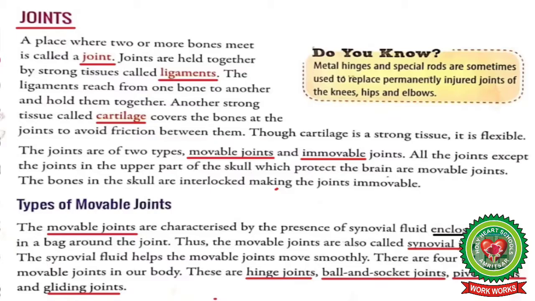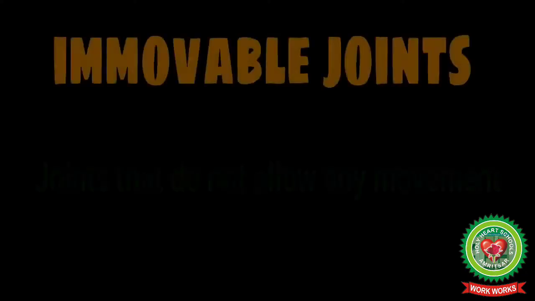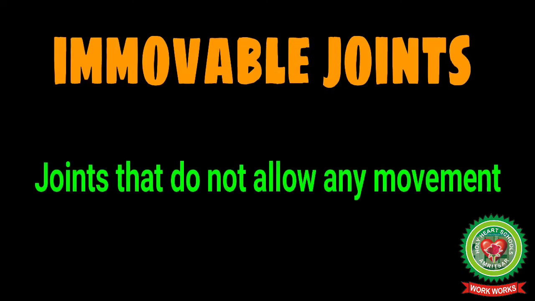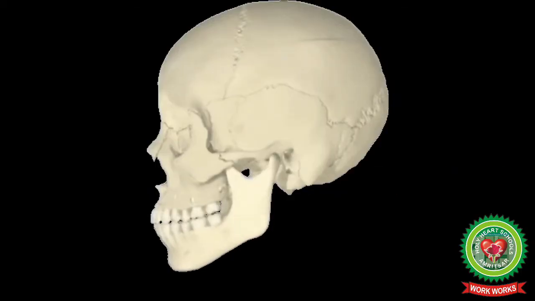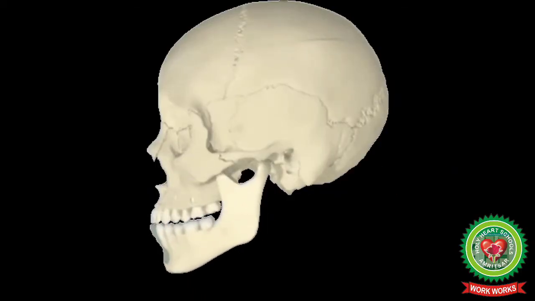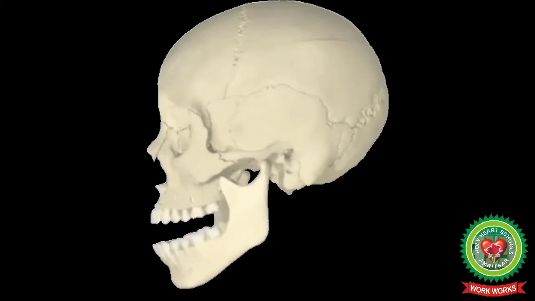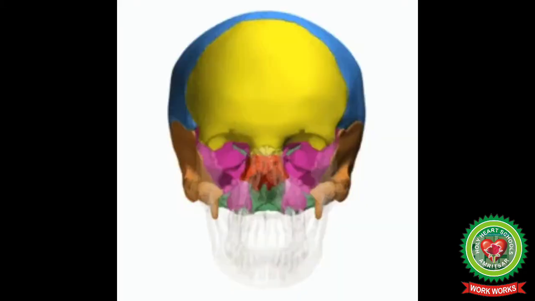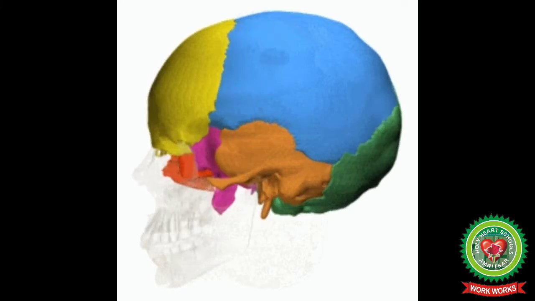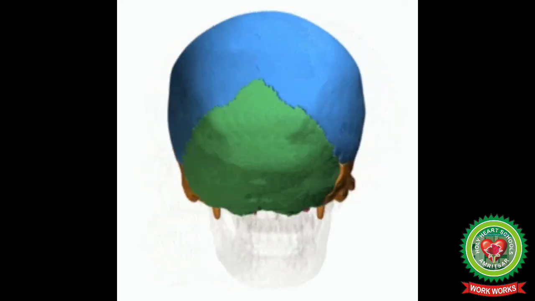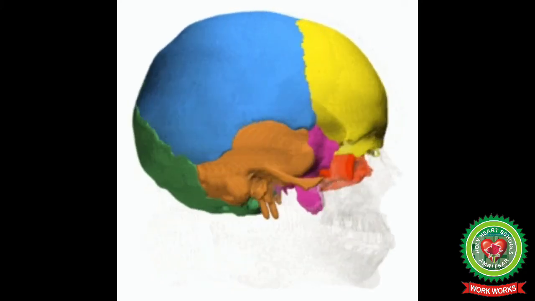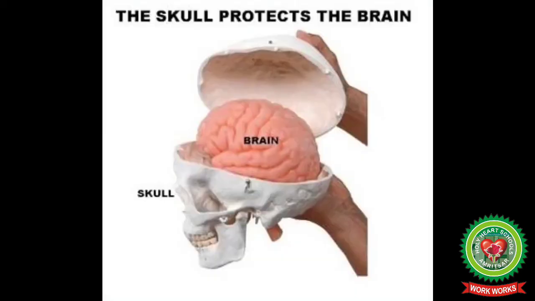Students, joints are of two types, movable joints and immovable joints. Immovable joints are joints that do not allow any movement. The bones of the skull, except the lower jaw, are immovable joints. That is, all the joints except the joints in the upper part of the skull which protects the brain are